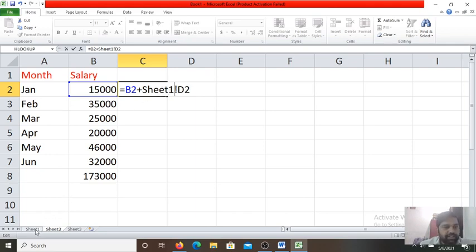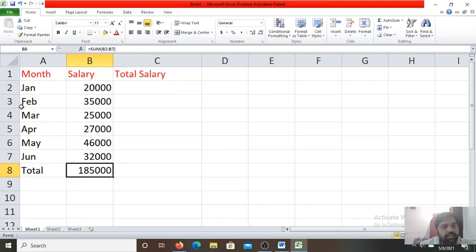See, in the sheet 1 D2 cell, which value is there? No value is there. This is D2. So you can put some value here. Suppose I am writing 500 here.